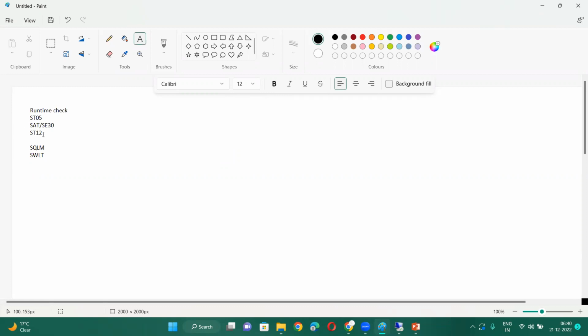Okay, and here by using ST12, SAT and ST05, we can get the time on a single screen. But in SQLM it is